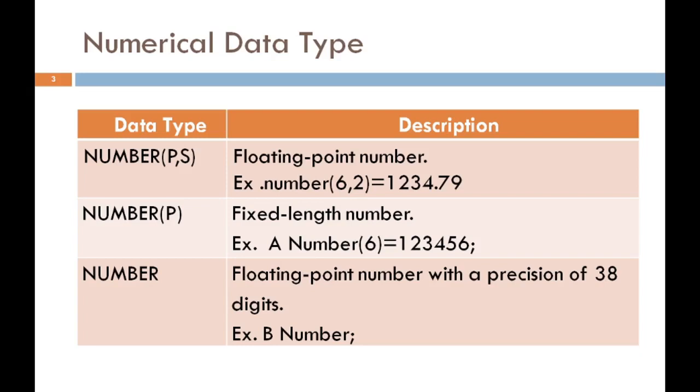So, these are the numerical data types which are used in SQL based on the column of the table. It may be an enrollment number, or a balance, or an SPI, the result of the student. Based on the requirement of the user, we can use these numerical data types as the data type of a column in a table.